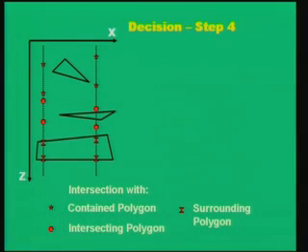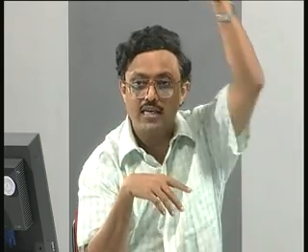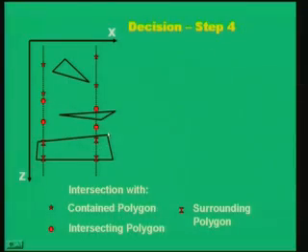So, let us look at this decision step 4, where you will see that there are 3 such polygons, and we are talking about intersection with contained with respect to rectangular strips of this area of interest. You are looking at the ZX plane. So, you have to visualize these dashed lines are nothing but lines which are parallel to Z axis and passing through the 4 vertices of that rectangular strip, and you are taking the projection on the ZX plane. That is what you look here. Intersection of the first plane, which is the contained polygon, with these 4 lines is marked by the star. Sorry, this triangle is the contained one, and these 4 are the intersections of that polygon with these 4 lines.